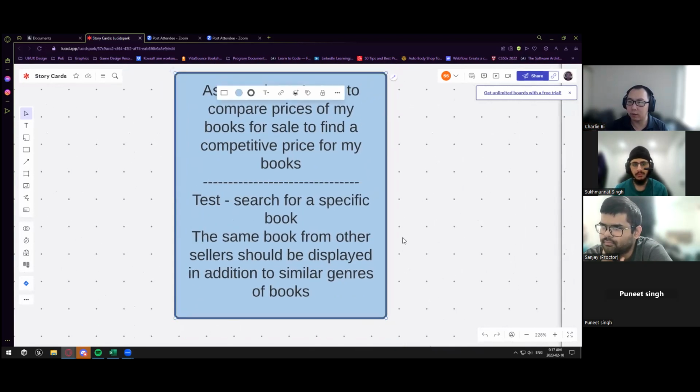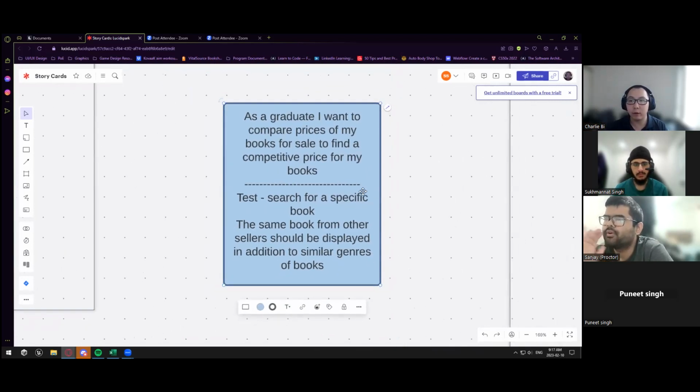Okay. Yeah, but that might require more work from your side to implement that sort of thing. Right? I was wondering if this site would suggest a price based on the data for similar books, because somebody who wants to sell books might not know how much to put their book for, so they want to maybe